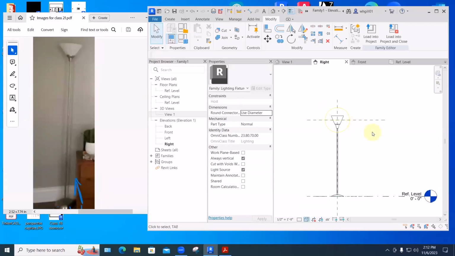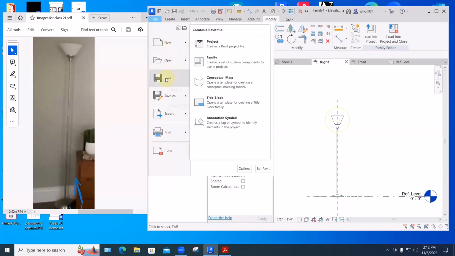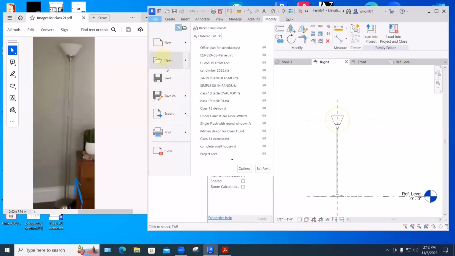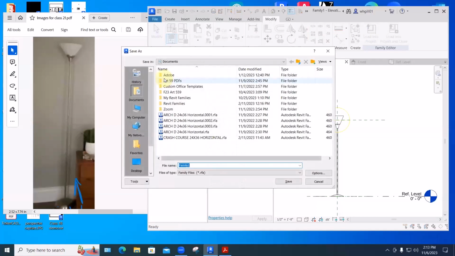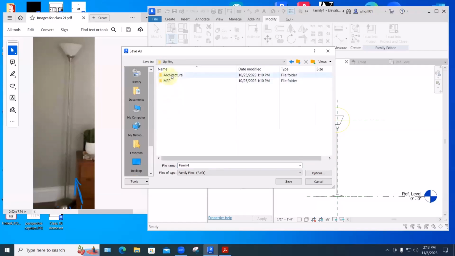So the first thing to do is to save it for sure. I'm going to do that before I start messing around with taking it back into our model. File, save. And I'm going to go stick this in my Revit Families folder under lighting fixtures. Lighting, architectural for sure,